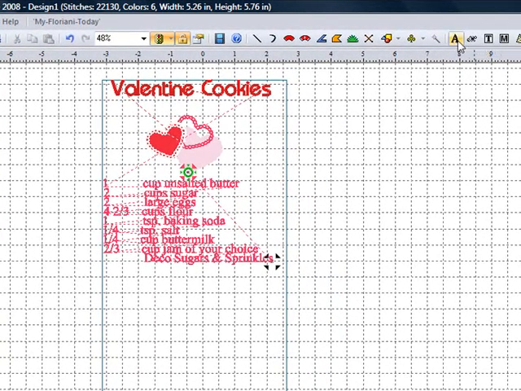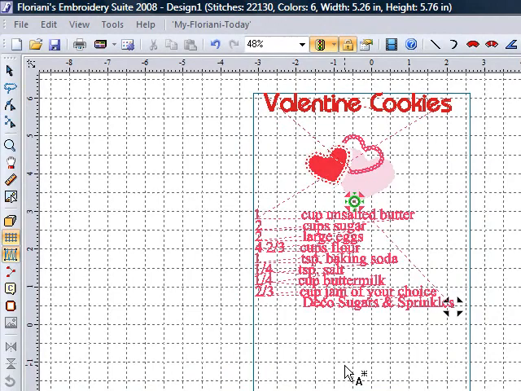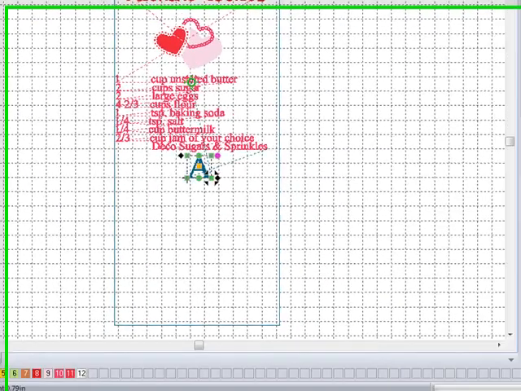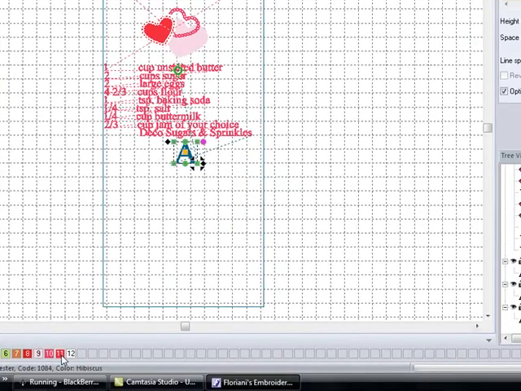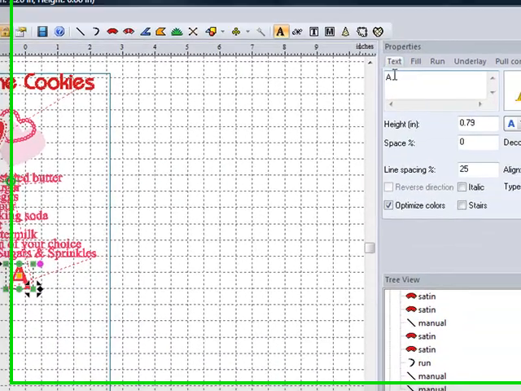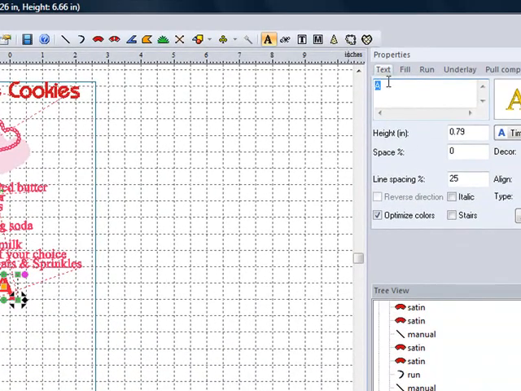Now, again, I want you to left click on your text tool. I want you to come down below your first paragraph and click inside your box. We are now going to right click on color number 11 and apply our color. And we're going to start typing in. We're going to put our cursor in our text box, backspace, and we are now going to type in our second paragraph. Cream, butter and sugar,